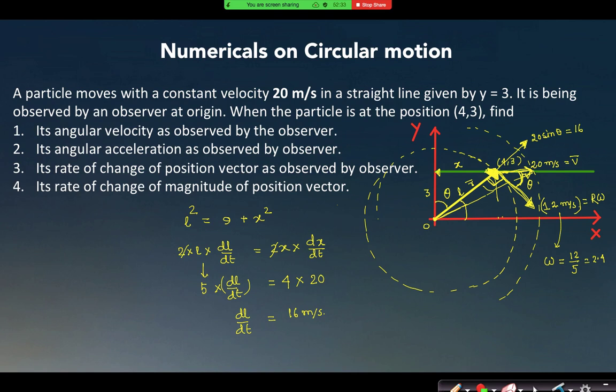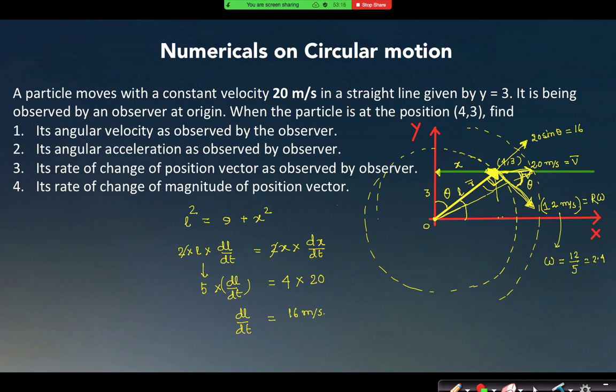Have you understood? Yes, sir. So in this way also we can find it. Look here, whatever may be the path of the particle, it does not matter. It may move in a straight path, it may move in any curved path. This type of analysis you can always do with the motion of the particle. At this particular instant, the particle must be moving in a circle, right? So whatever may be the original velocity, that has two components, along the radius and perpendicular to that. Perpendicular to the radius, I can write it is r omega, and along the radius vector, I can write it is the rate of change of the radius magnitude.